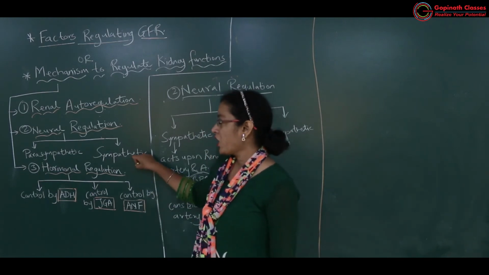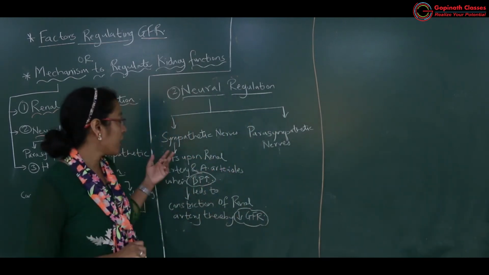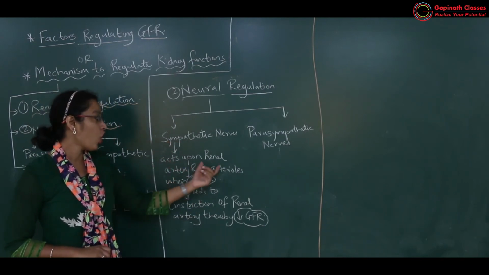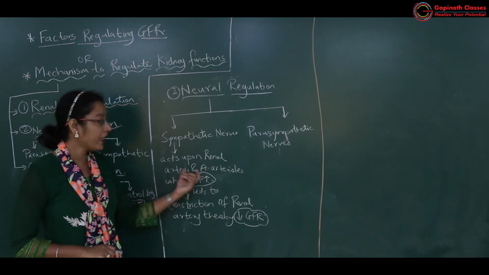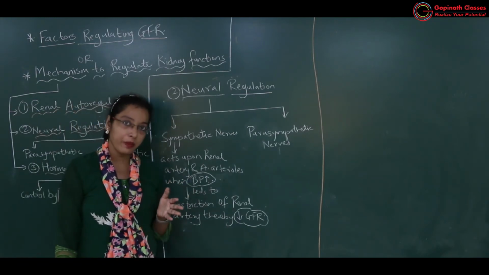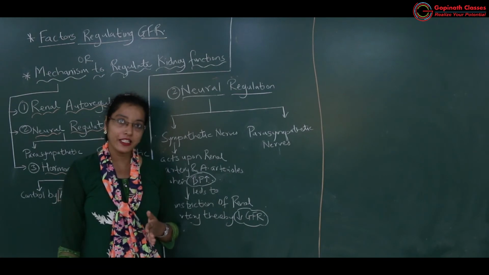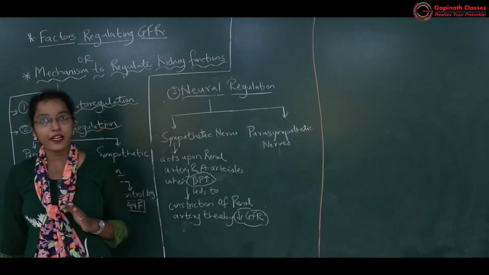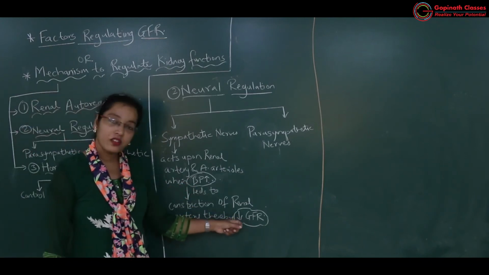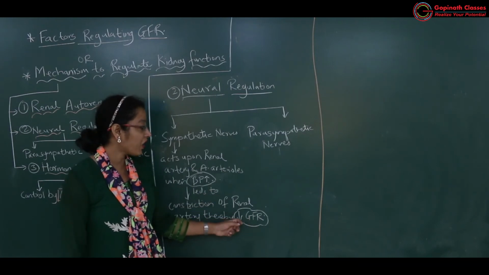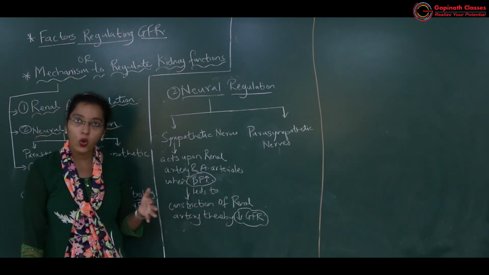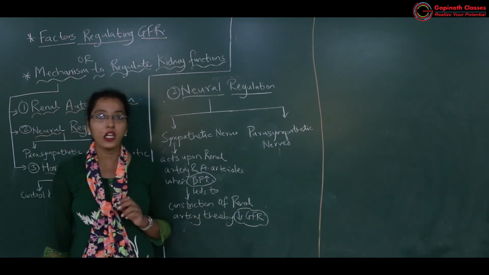ओके, गॉट इट. सो नाउ सिंपैथेटिक नर्वस सिस्टम के जो नर्व्स रहते हैं दे विल एक्ट ऑन द रीनल आर्टरी. रीनल आर्टरी देन एफरेंट आर्टेरियोल के ऊपर एक्ट करते हैं व्हेन द सिस्टमिक बीपी इंक्रीजेस. सो सिस्टमिक बीपी इंक्रीज हो गया तो एफरेंट आर्टेरियोल का बीपी राइज होगा. सो टू कम बैक टू नॉर्मल जीएफआर ज़्यादा नहीं होना चाहिए, तो जीएफआर कम करेगा वो, एंड रीनल आर्टरी में जो ब्लड फ्लो है वो भी कम करेगा. हाउ? बाय कंस्ट्रिक्शन ऑफ द रीनल आर्टरी.